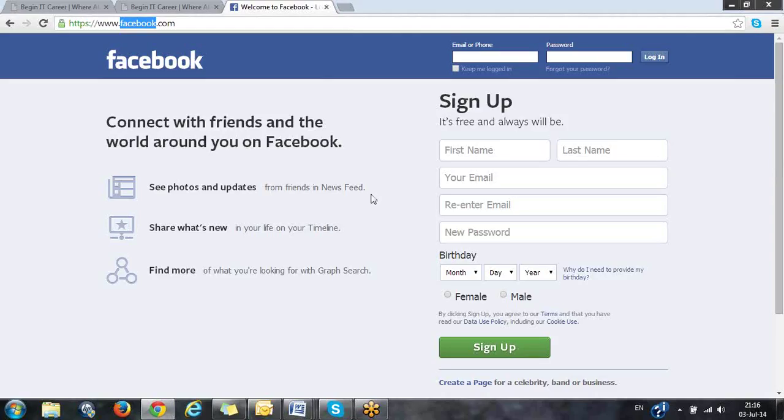Have you ever observed this when you are accessing the internet? What is happening is that you are giving a request from the front end. That means you are sending this particular URL here. You are giving an address here. Whatever URL you give here, once you give the address, it automatically goes and hits the backend server.